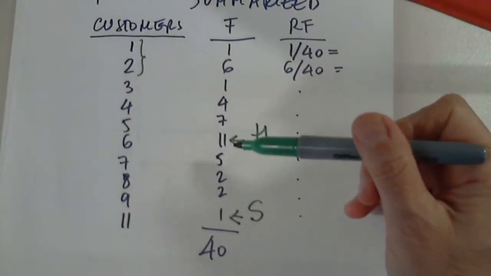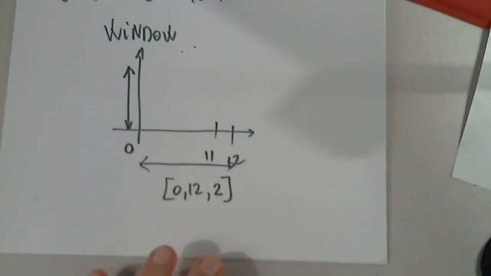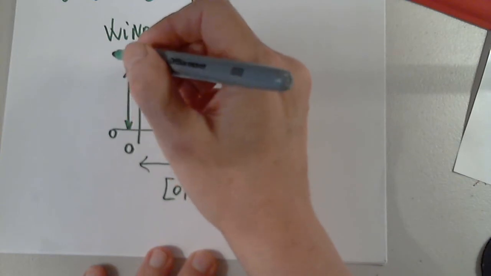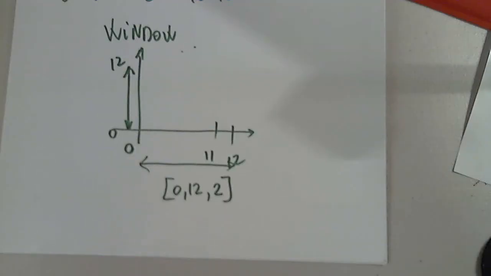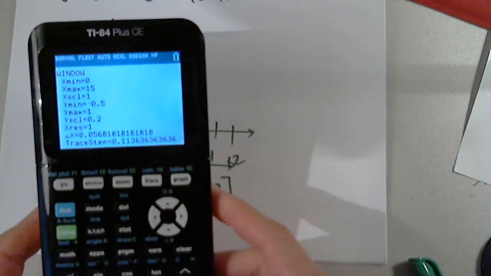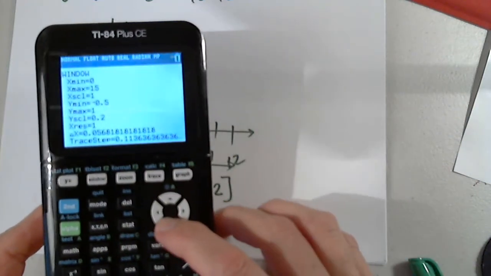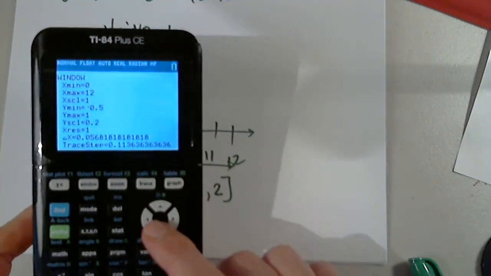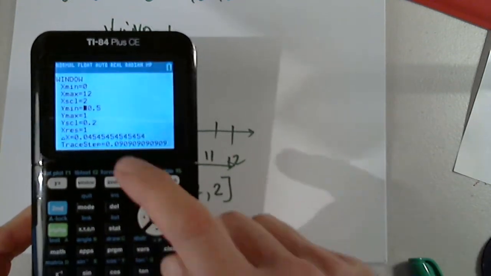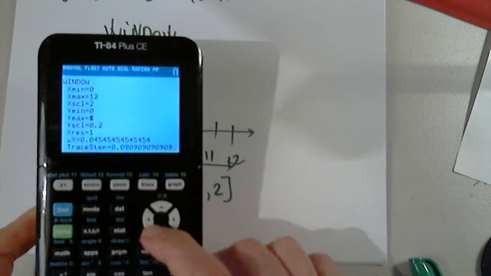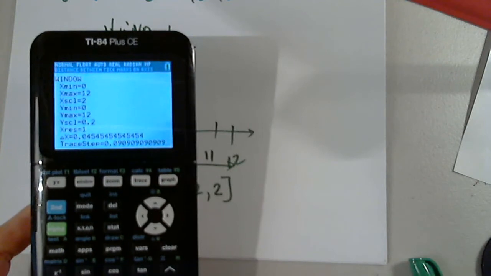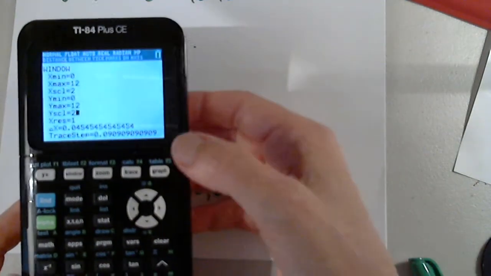I know that the highest is 11. So I only basically need between 0 and 12. So let's go to the viewing window. You can put 0 for x, let's say 12 for y, with a scale of 1 or a scale of 2, it's up to you. Y minimum 0, y maximum 12, and the scale 1 or 2. When you press graph,